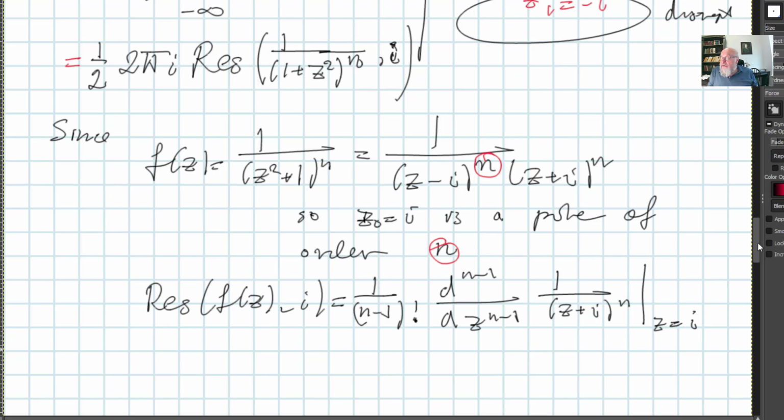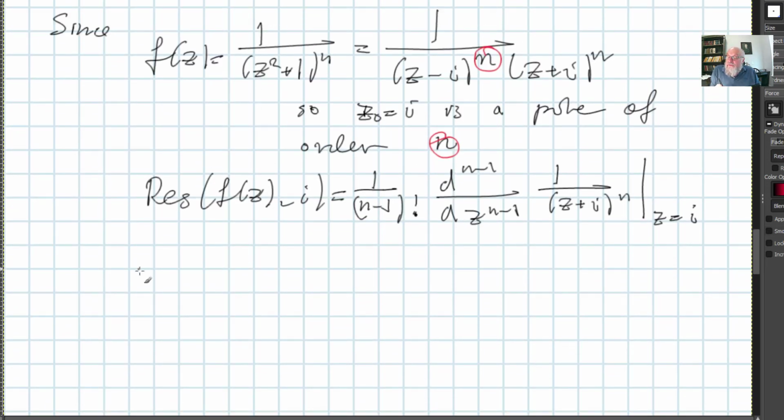So let's compute this derivative. Let's start with the first derivative. So what do I get here? Maybe let's write it down. What is the k-th derivative d^k over dz^k? You understand this is the same as this function. So our function is 1 over z minus i to the power n. Of course that implies that this is z plus i to the power